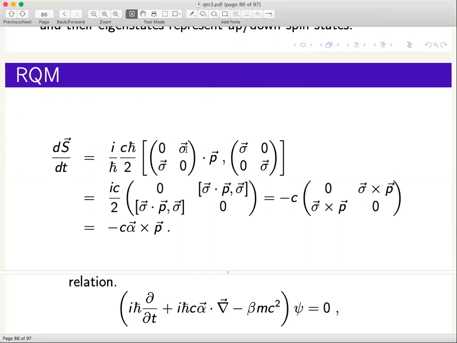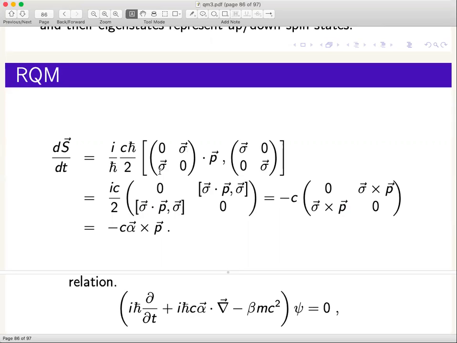This is the alpha matrix, α·p, which is part of the Hamiltonian. The factor of c I have pulled out here, and this is the operator S, which is ħ/2 times σ. Now what we have to do is to look at this commutator. You can write that down in a piecemeal fashion. Expand this matrix, and you will find that ħ of course cancels. You get ic/2, and this commutator will look like,